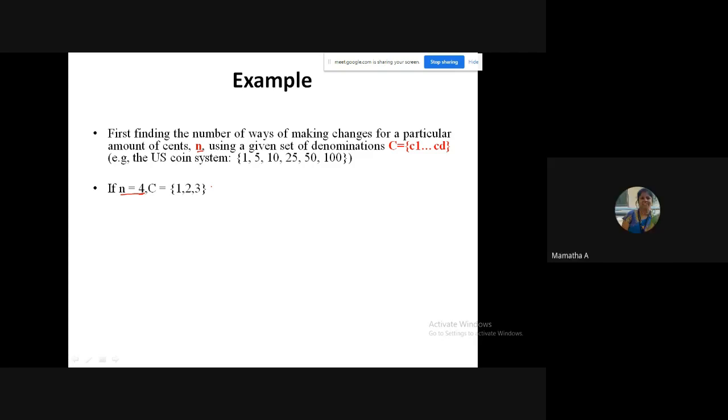And another solution you can give me is 1 coin of 1 and 1 coin of 3. I think only 4 solutions we have. Out of all the 4 solutions, which are my feasible solutions? All 4 are feasible. That is 4 coins, 1, 1, 1, 1 each.